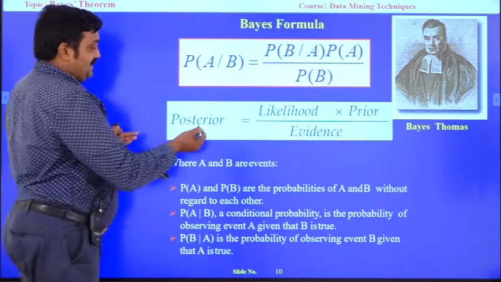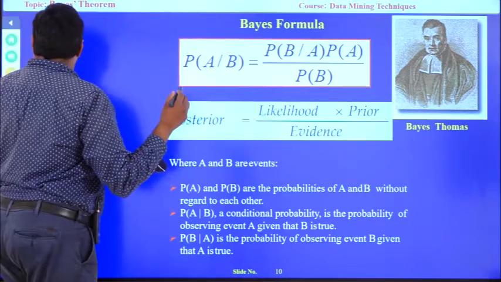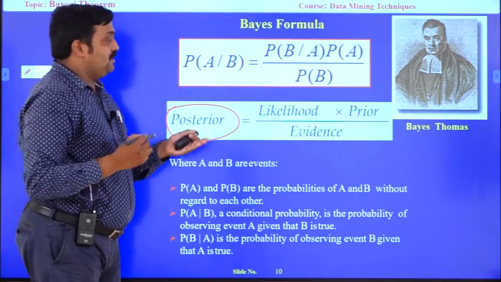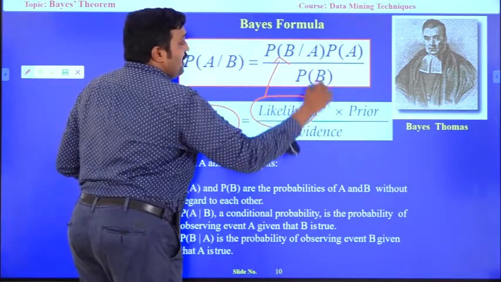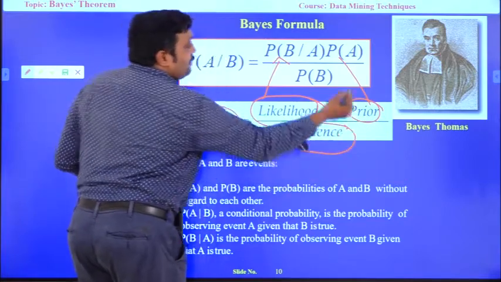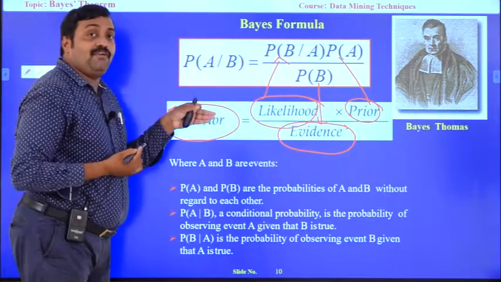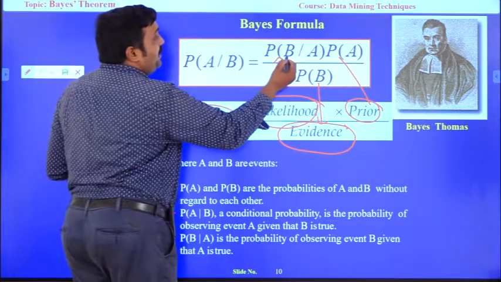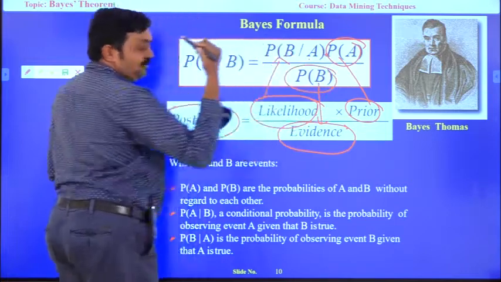The formula is used to predict the new class. Now we need to calculate the likelihood and the prior probability. We already know the prior probability and the evidence. Based on that we are going to perform the operation. A simple Bayesian rule is the probability of B given A, with the probability of A, over the evidence, the probability of B.